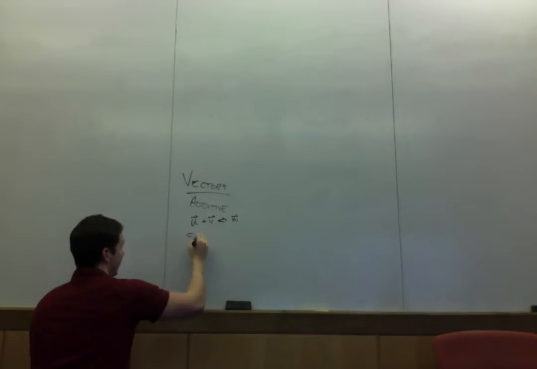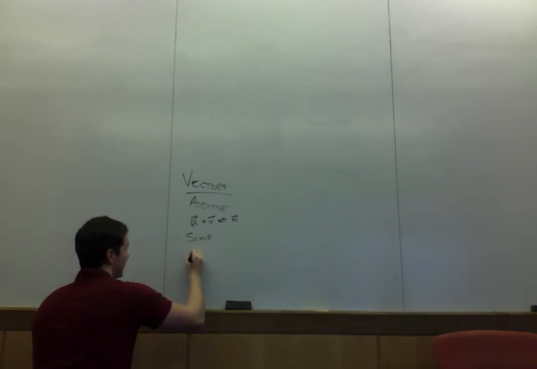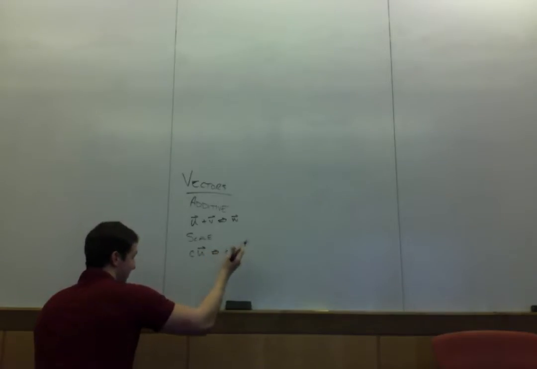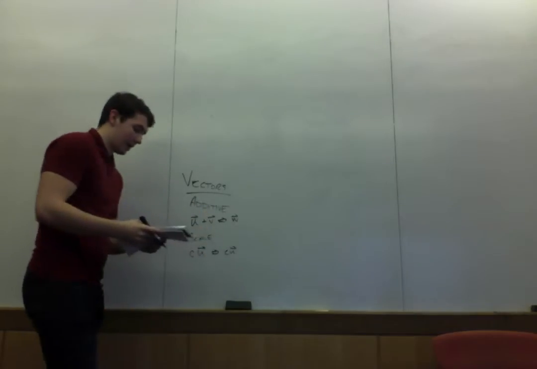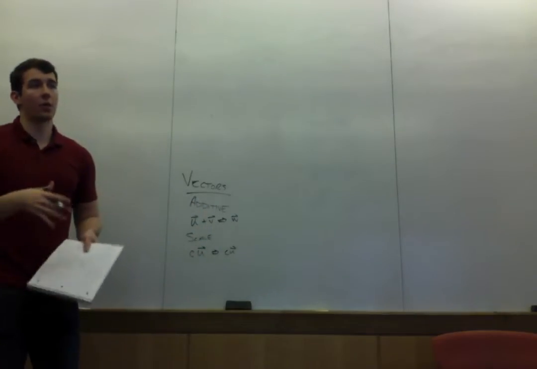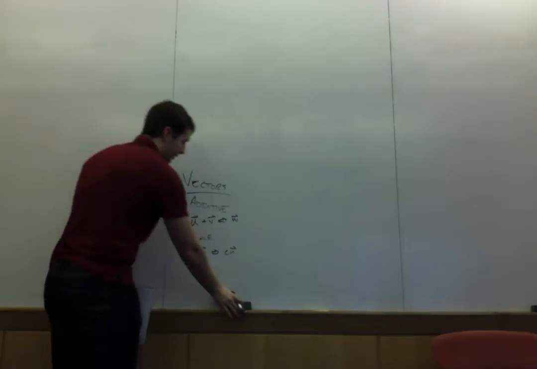Similarly, we can scale a vector. So we have some number c that scales a vector u, and this new vector cu is also there. Now, we can't always multiply vectors,